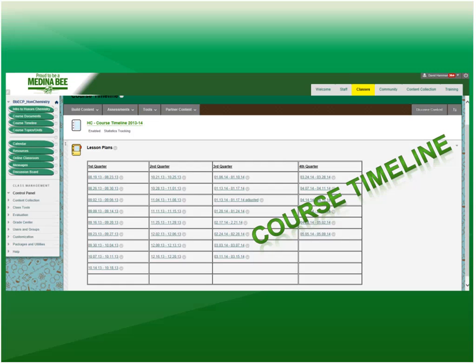The next one that I have, and again, I will show you these all live here in a little bit, is a tab called Course Timeline. And this has two things. One, it is just an overview of the entire year, where we think we'll be in different weeks of the year. And then I also have a simple week-by-week lesson plan. We all usually have to turn in lesson plans to our administration. So a person can just click on a link and say, okay, from April 7th to April 14th, where are we going to be? And they can simply see what that information is.